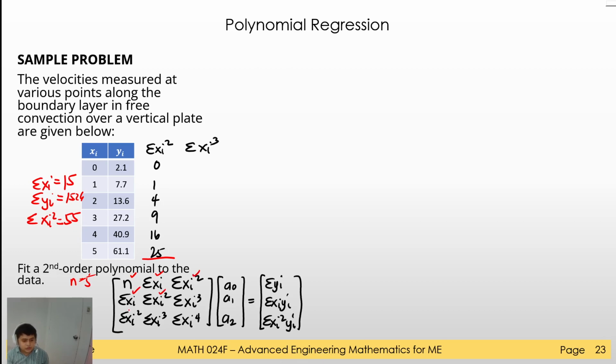And then for the summation of xi cubed, we want to cube x. So 0 cubed is 0, 1 cubed is 1, 2 cubed is 8, 3 cubed is 27, 4 cubed is 64, and then 125. So the summation of xi cubed